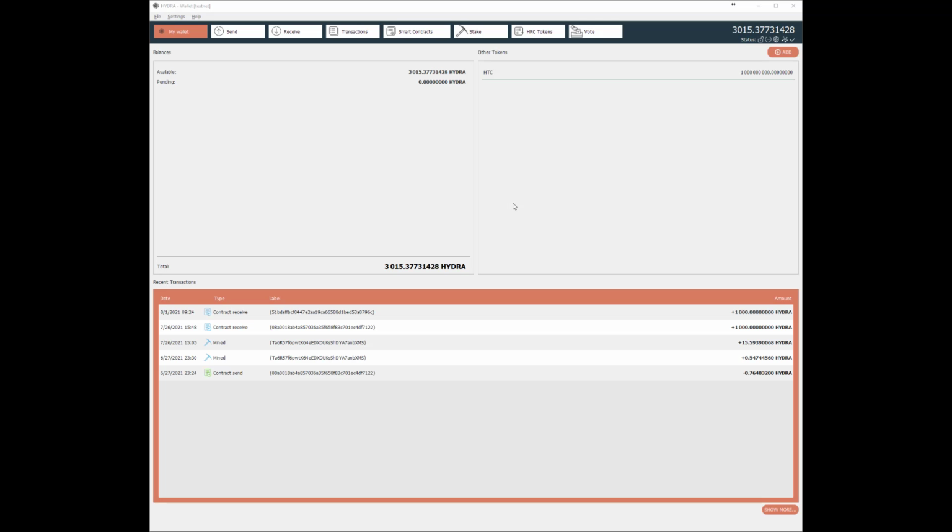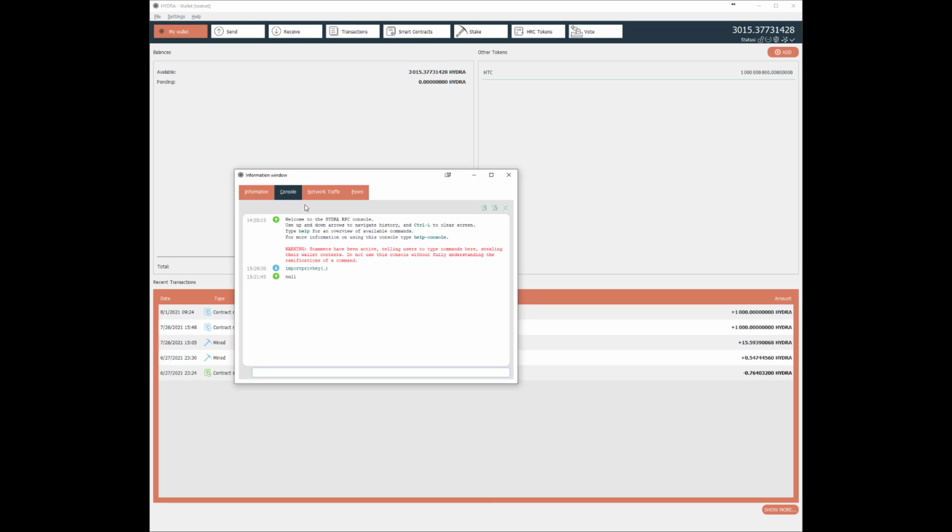Now, because we created our wallet in one of the 2 web wallets, either the web wallet or the extension wallet, we need to import that into our desktop wallet. So we want to go to the Help Information window. We want to go to this Console tab. We want to go down here and type import, and then click on import private key space, and then I'm going to paste the private key from the wallet we created earlier and click enter,